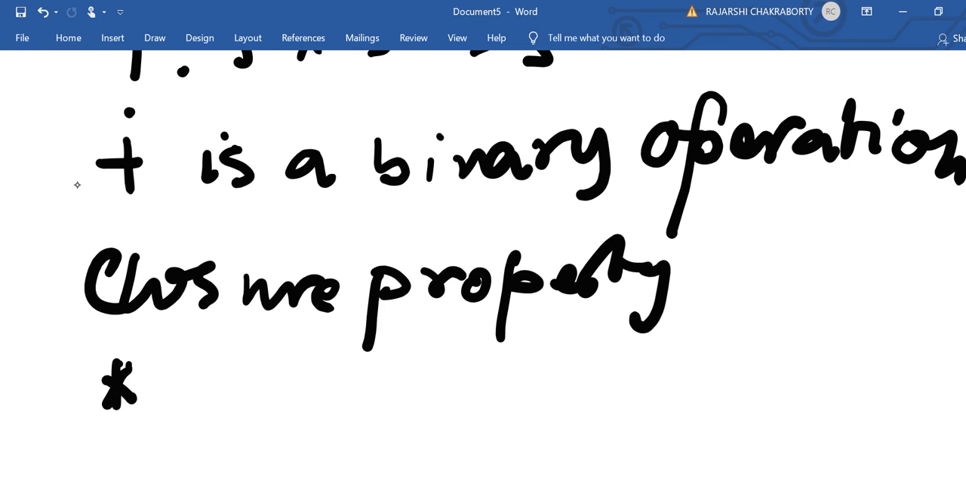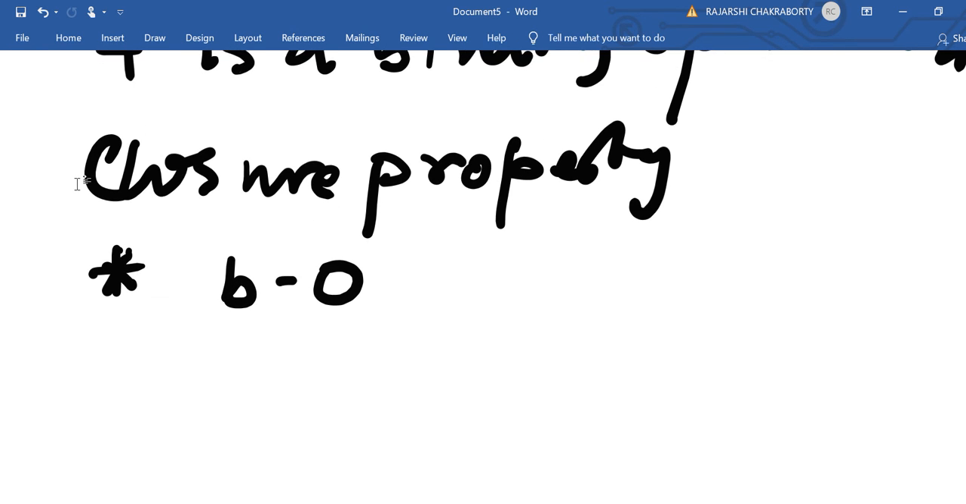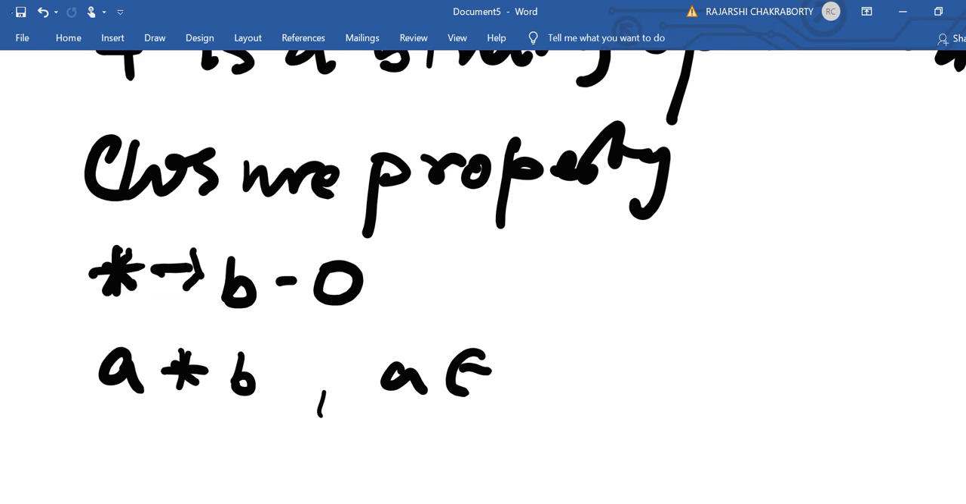So say we have this binary operation. Let's, in short, write B-O to symbolize binary operation. Let this be a binary operation. Then for A star B, where A belongs to S and B belongs to S,